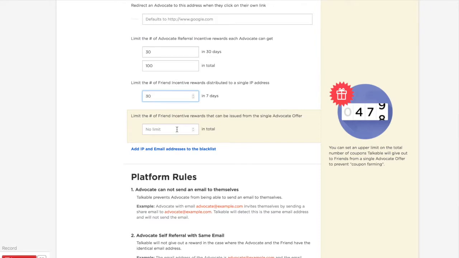And then lastly, limit the number of friend incentive rewards that can be issued from a single advocate offer. So basically this would be if you have an advocate who again has posted maybe their share link on RetailMeNot, how many times are you comfortable with somebody clicking and claiming that offer before we stop giving out friend coupon codes? So again, in this case, we may recommend 20 or 30